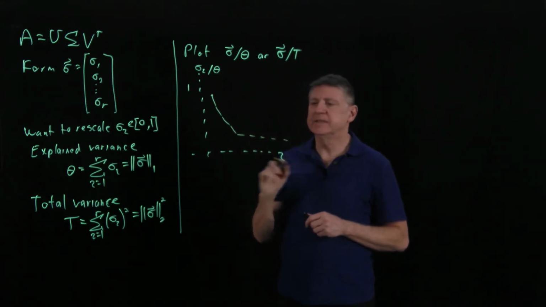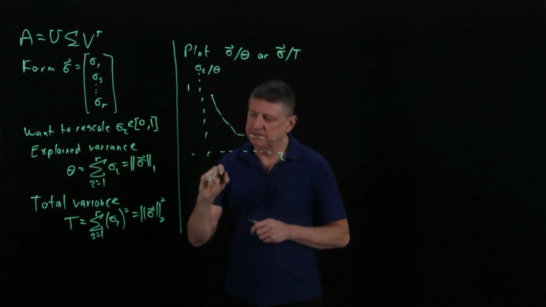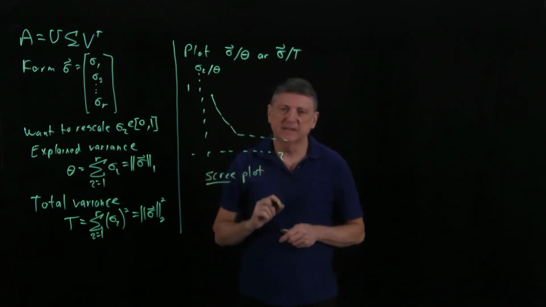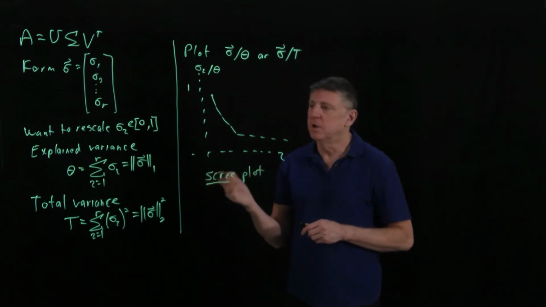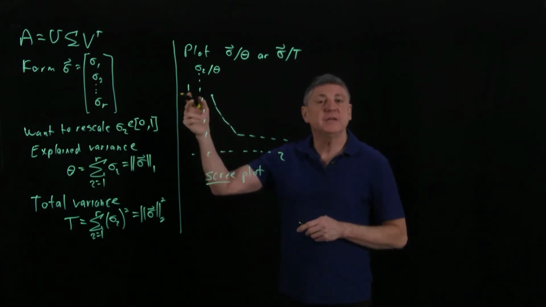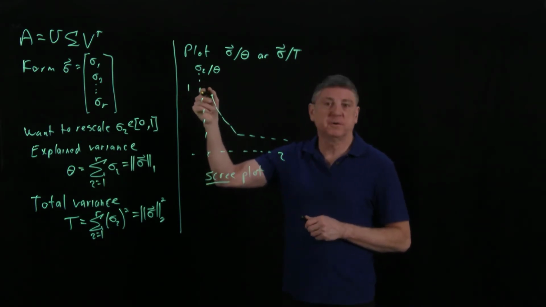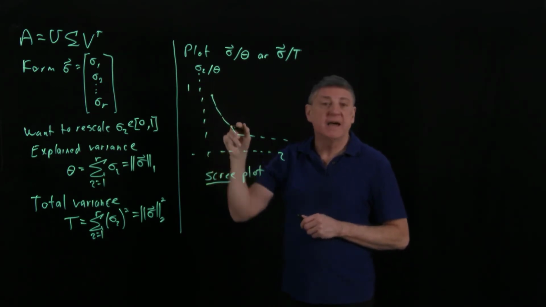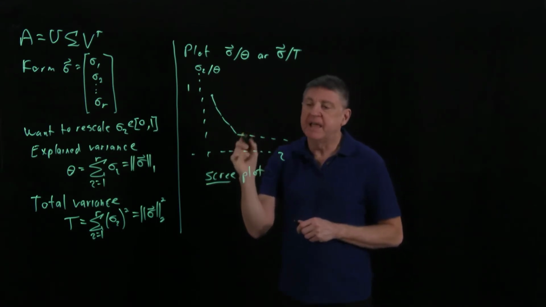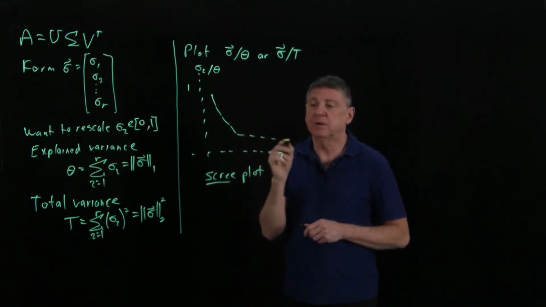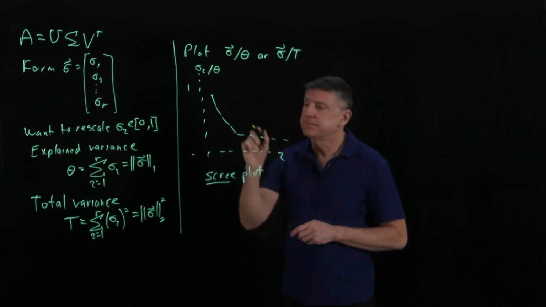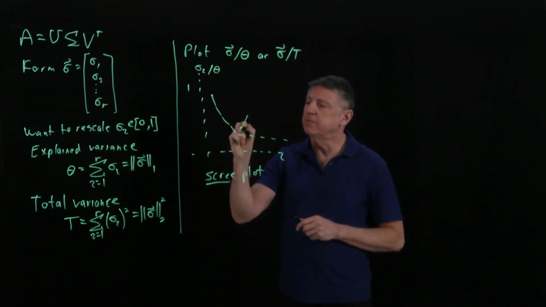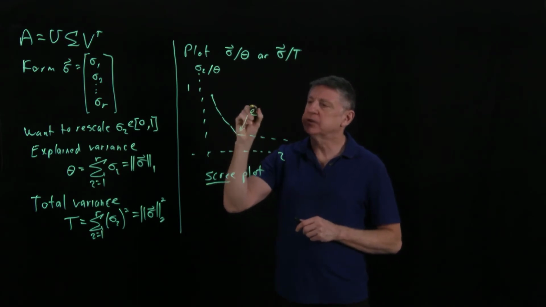This is called a scree plot. And it's called a scree plot because the person who invented this term was thinking of how rocks fall down a mountain. They'll fall down a steep part of the mountain, and then they'll stop falling, and they'll produce a pile of rubble, and that rubble is called scree. So he called it a scree plot, and what we're looking for in a scree plot is what's called the